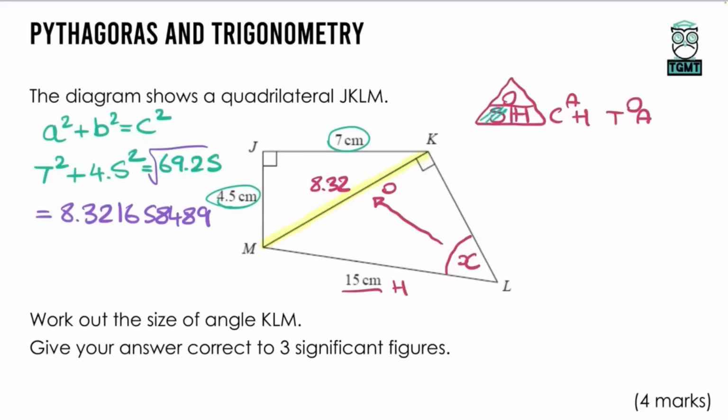I cover up the S, and it's O divided by H. Now when finding an angle, we do have to press shift sine first, which brings up our sin minus 1, and we're just going to put our fraction in, which is O, which is the 8.32, over 15. Now if you are typing that number back in and not using the answer button, do type the full answer back in. I'm just going to press shift sine, use my fraction button, and then do the answer over 15. And when I press equals, I get